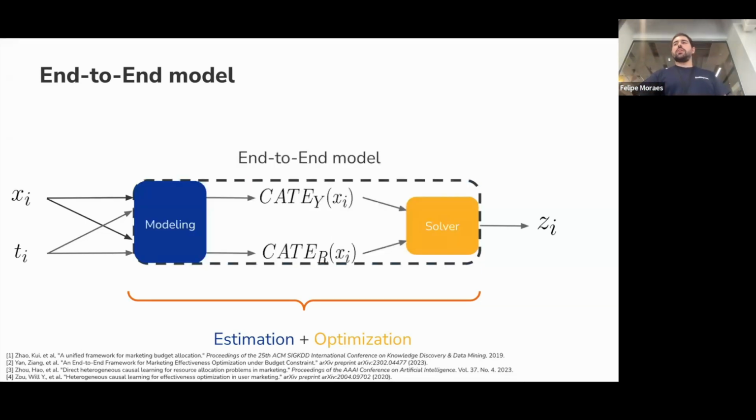But what ends up happening in practice is that this end-to-end model just propagates through these terms. So you can imagine as a neural network, in the modeling part, you get these outcomes, you put them into a solver, and people have developed some Lagrangian layers and stuff like this to solve Lagrangian problems, but you can find your favorite way of solving the problem. So the main issue here is that these solvers again face the problem of causal inference, right?